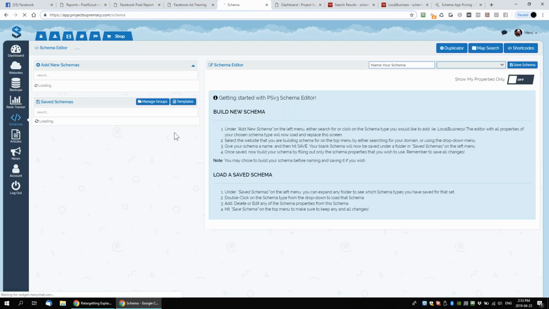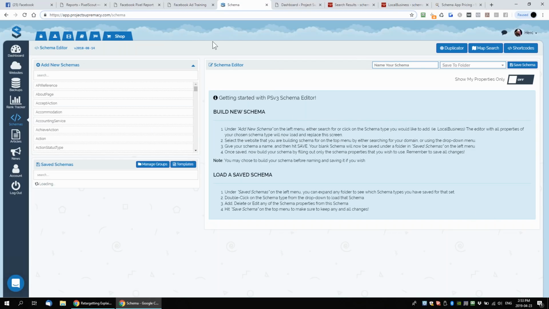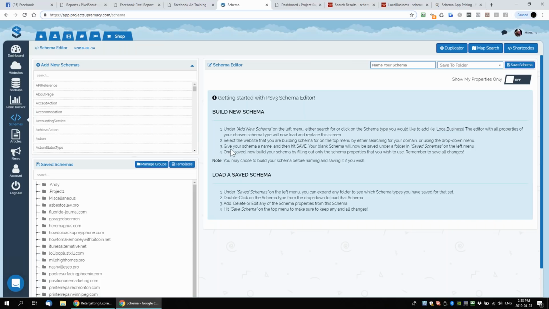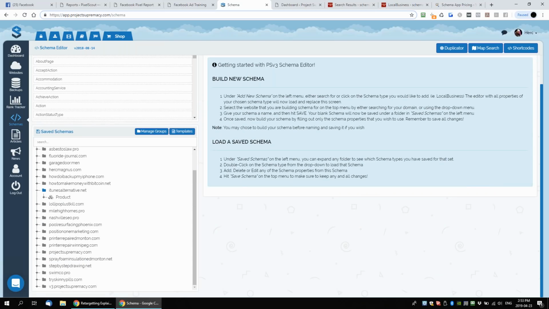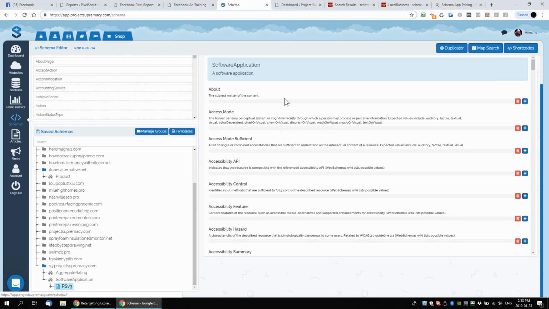Plus, the nice thing about our schema editor is once you've built a schema, remember when I showed you the render and the schema code actually popped up? You can copy and paste that to HTML sites, Wix sites, Shopify stores, e-com stores, any type of website, right? We've built it with Project Supremacy V3 so that you didn't have to do any copying and pasting to inject the schema into your page. We made it so that all you have to do is click a button to add it to your